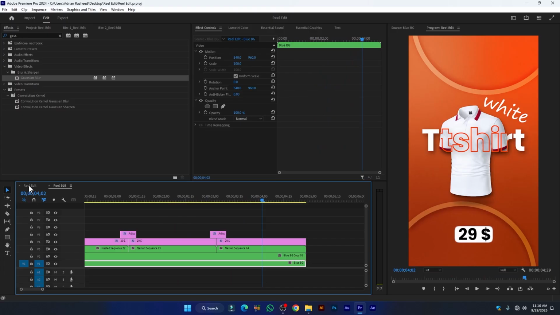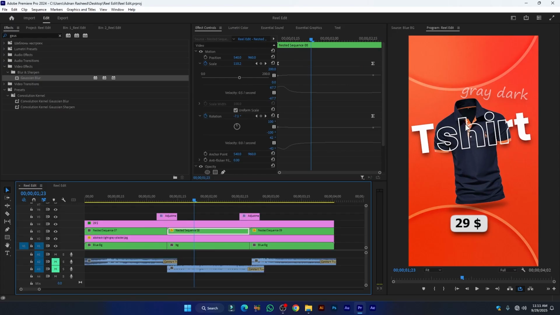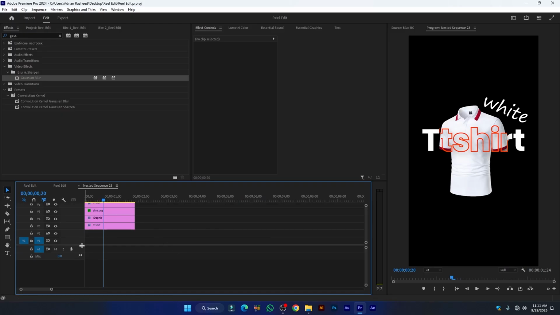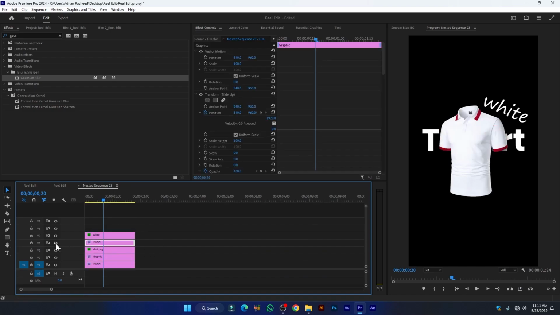Let's come over here. Over here I will change the stroke color. Select this layer and go inside and move all of these layers downwards, and this is our stroke, maybe this is our stroke. Okay, and from here, first of all I will change its images. Let's come over here,